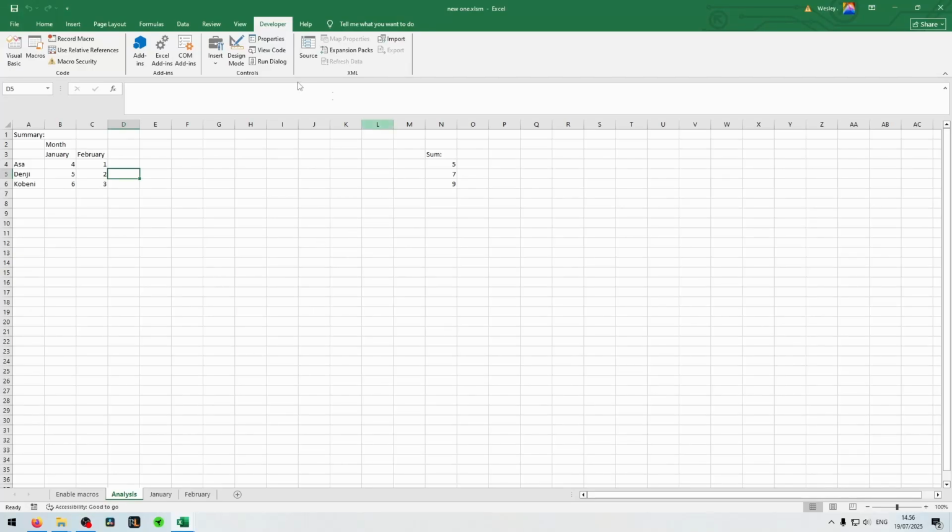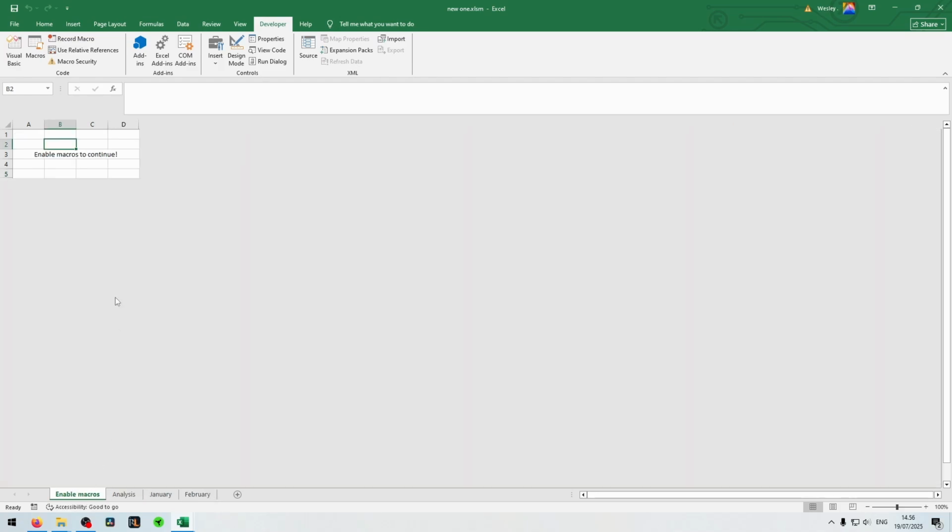In this video, I want to have a workbook where I force my user to activate macros. In this case, it's a normal workbook. Then I've added this sheet, which is simply going to tell the user to enable macros before they can continue. I need two macros, one that runs when I open the workbook, which is going to unhide the normal sheets